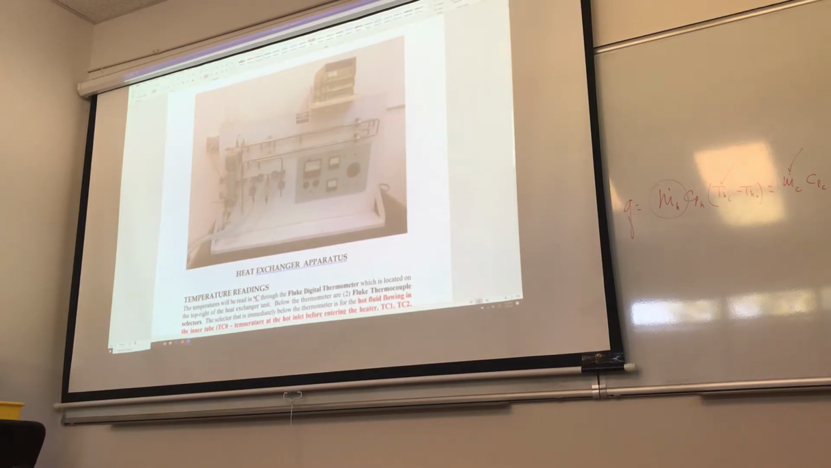So the water always flows in this direction. It comes in, and then it goes like this, all the way through, and then it will exit through here and go back to the sink, okay? So the hot fluid circuit is pretty straightforward, right? Now,